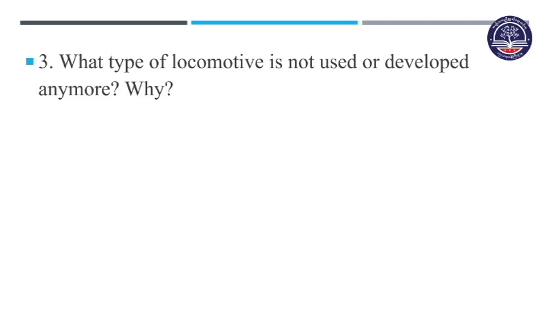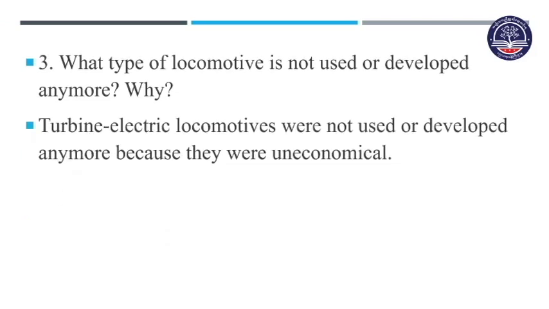Okay, how will we write the answer back? ဒါဆိုရင် teacher တို့ answer ကိုဘယ်လိုရေးမလဲဆိုတော့ what types of locomotive လို့ပြောတဲ့အတွက်ကြောင့် what types နေရာမှာ locomotive အမျိုးအစားလေးထည့်လိုက်ပါ။ Turbine electric locomotives were not used or developed anymore because they were uneconomical. သူက why လို့မေးတာဖြစ်တဲ့အတွက်ကြောင့် because လေးနဲ့ဆက်ရေးတာပါနော်။ Because they were not economical, they were uneconomical. ကိုယ်ကြိုက်တဲ့အဖြေမျိုးလှည့်ပြီးဖြေလို့ရပါတယ်။ Turbine electric locomotives were not used or developed anymore because they were uneconomical, really expensive အင်မတန်ဈေးကြီးလို့ပါ။